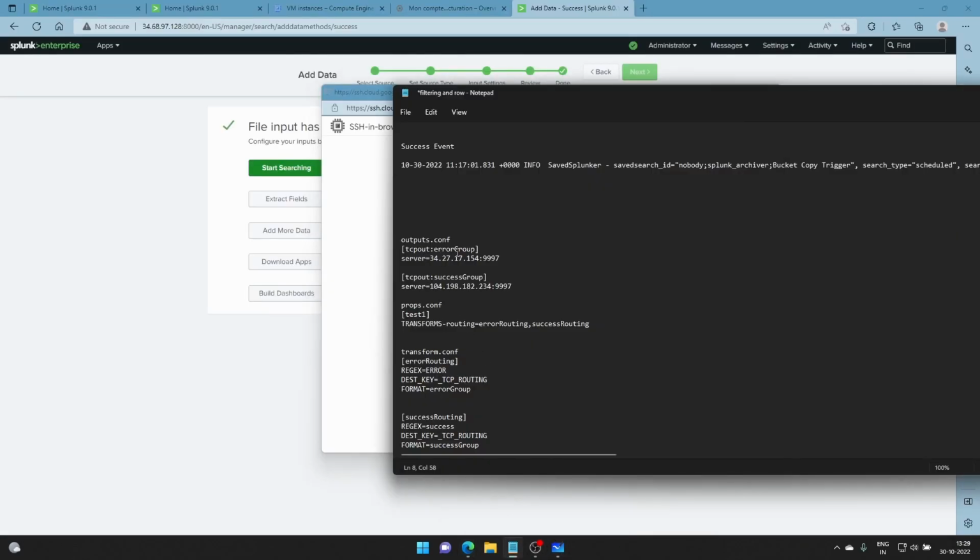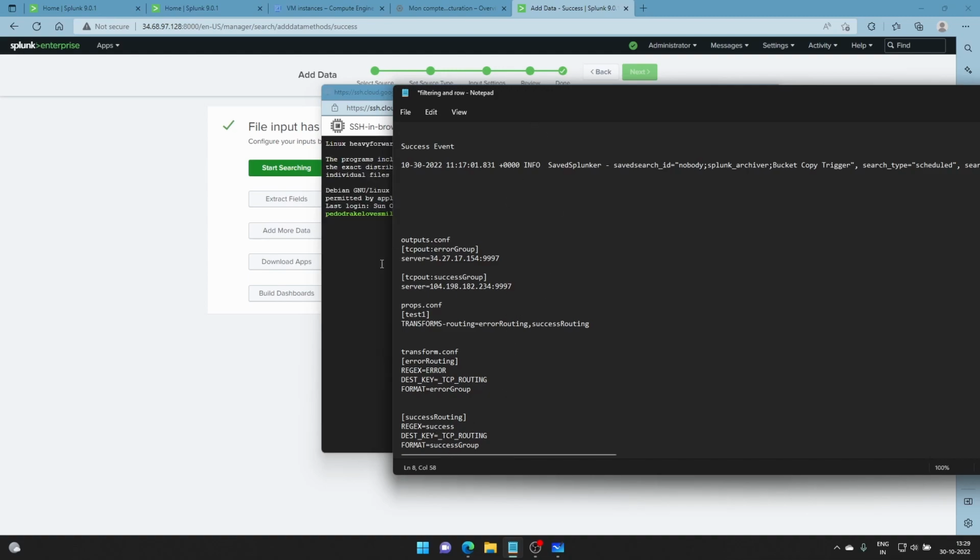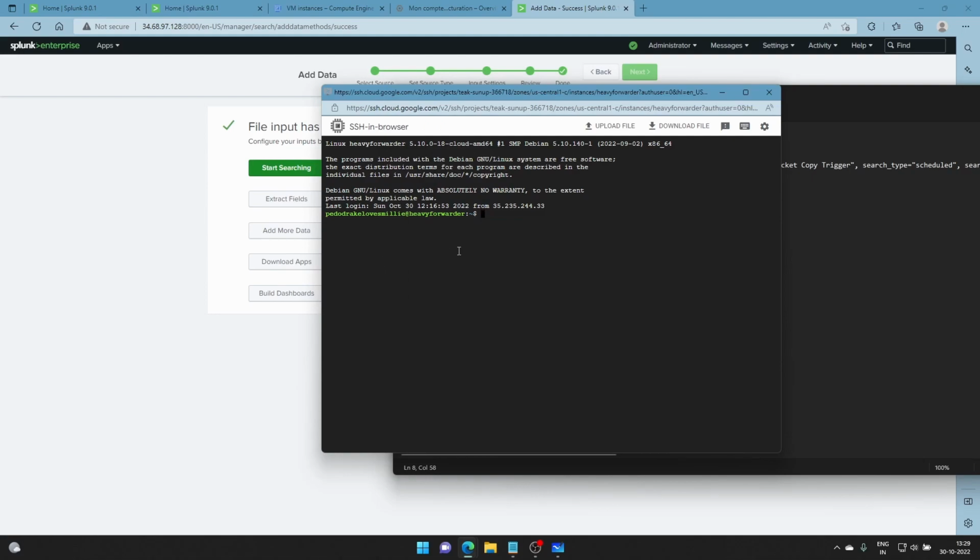So the error is the name, the same name you have to give error group, so that it knows where to send when there is an error event. The same goes for the success routing. Just give the regex a success, destination key, and TCP. It works perfectly. So once you have created both, obviously,